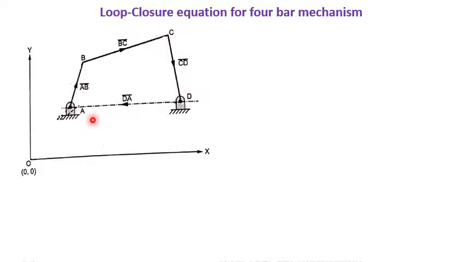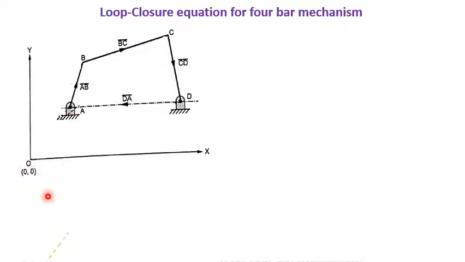So it is a closed loop. For the link AB, vector AB, for the link BC, vector BC, and for the link CD, vector CD, and for the link DA, vector DA. So if you see the direction, it is a closed loop. Okay. Now we have to represent the position of each point. For the link AB, we have 2 points A and B. Similarly, for the link AD, we have 2 points A and D. So we have to represent each point from a reference point. So here origin is the reference point.